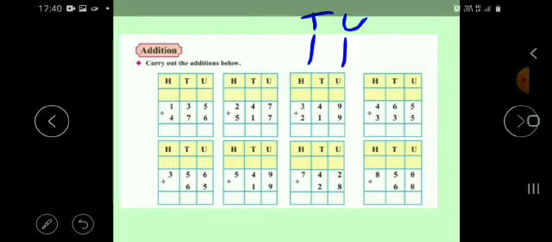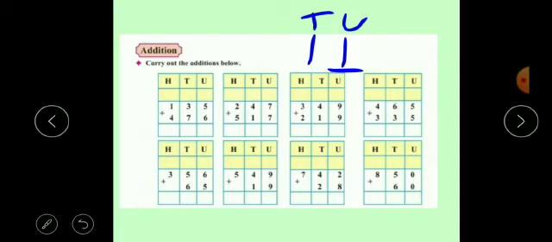So keep this 1 at the units place here, and shift this 1 at the tens place here. Okay, to the tens place. This is carrying over. Now move towards the tens place. 7 plus 3 we get 10, and 10 plus 1 again we get 11.